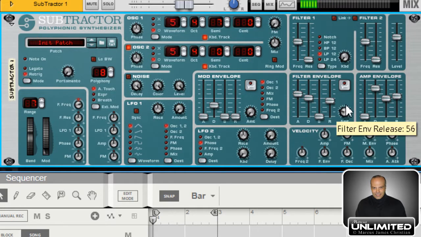Okay, it's sounding pretty nice. I think we can actually get just a little bit more, as far as we can go with this without getting too ridiculous. Now, the brightness, because